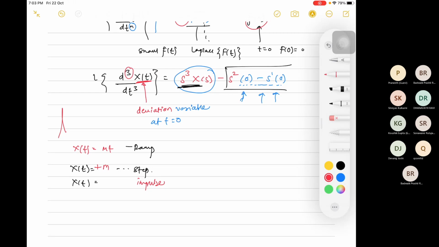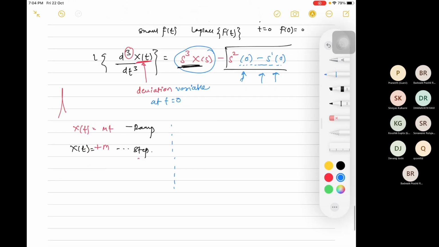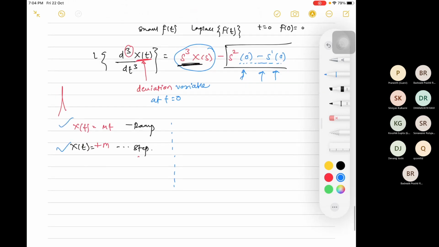So capital X of t will come for you in this. In a pulse you cannot directly express it, but you will have a value. If time t is less than a, then your value is 0. If the value of t is between a and b, then you have some value. I think I should write it again. Is there anyone who can tell? This portion should be done for you, and if I cover this, I think there will be some lagging in the upcoming portion. Is there anyone who is having a problem here?